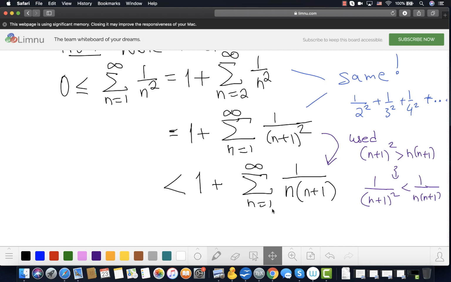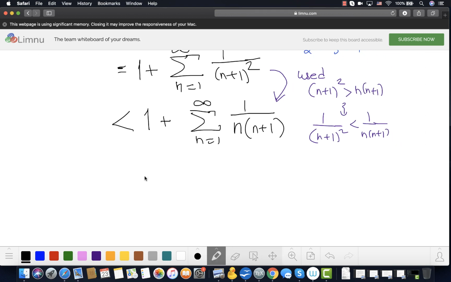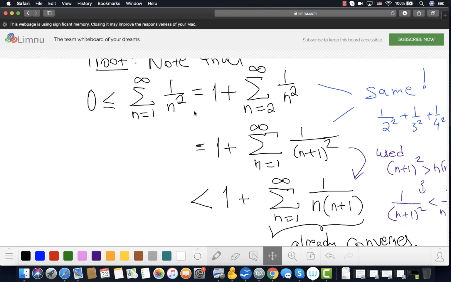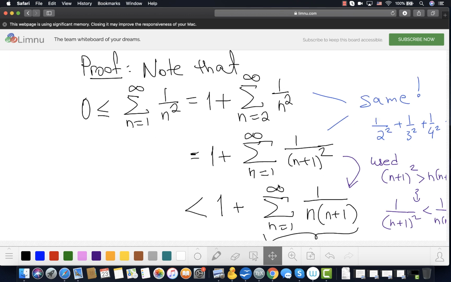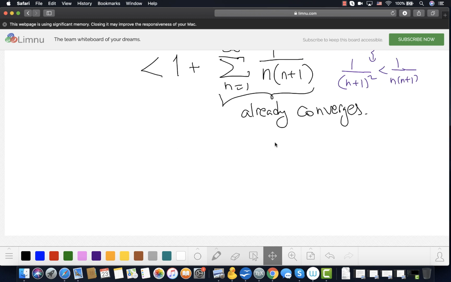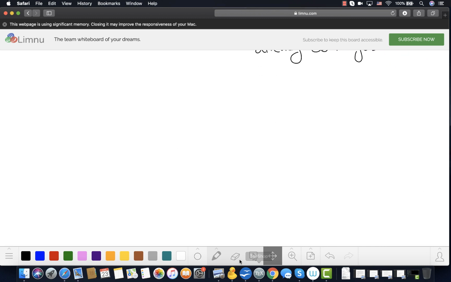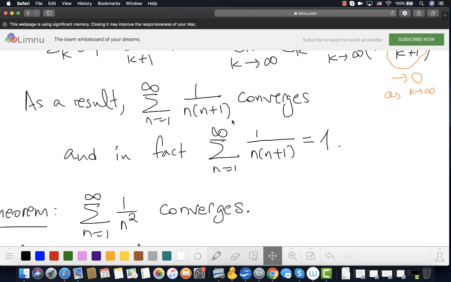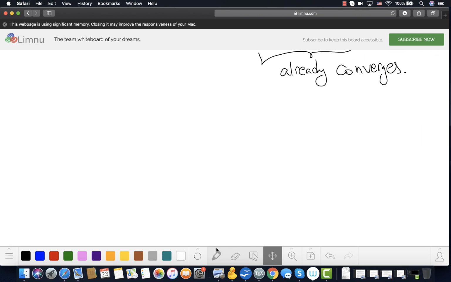What's the advantage of this? Well, the advantage is that this we have already analyzed. This one already converges. Okay. So that's it. We have shown that the series that we're interested in is smaller than something that already converges. We have already shown this converges by a previous example. That was this example here. And so by comparison,